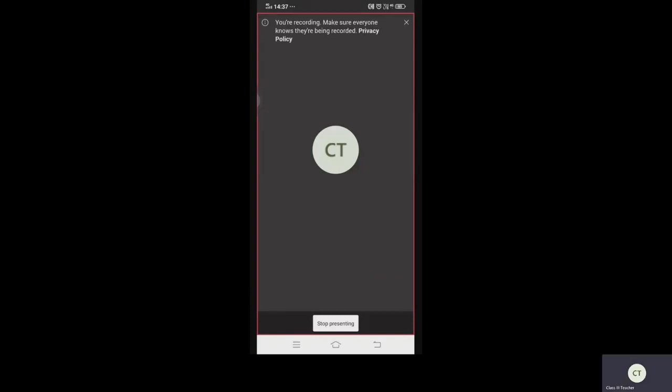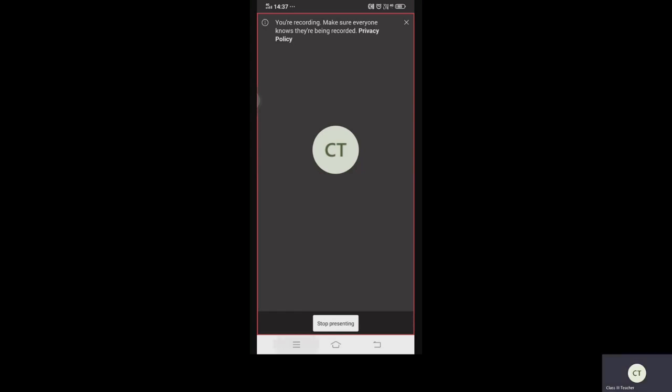Let's begin our math session. Today's topic name is Shapes and Spatial Understanding, Chapter 1. And today we are going to discuss a new topic, that is, the topic name is tracing.